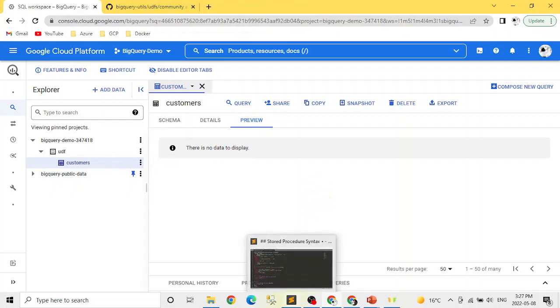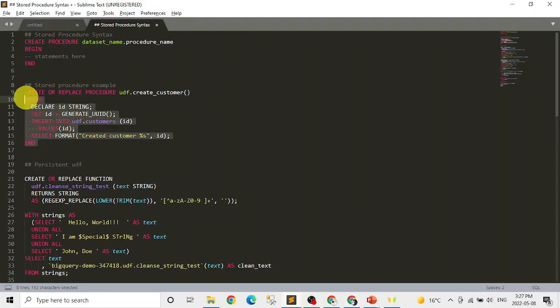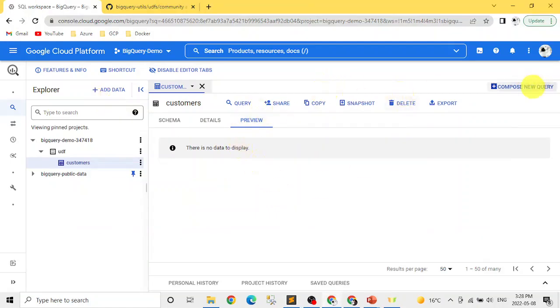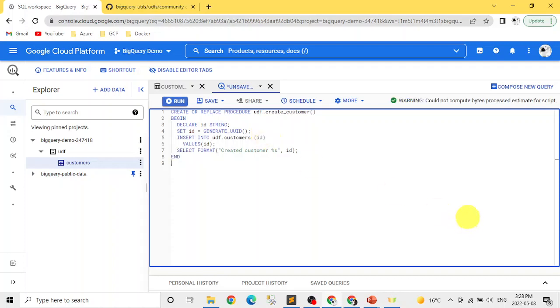I already have my query ready. Let me copy and paste it here. Go to a new composer and paste it. Okay, you can look at the screen here. As we mentioned, when we are creating a stored procedure, it starts with CREATE PROCEDURE. The best practice is to use CREATE OR REPLACE, because if there is an existing stored procedure, you can override it. So you can see CREATE OR REPLACE PROCEDURE, then the name of the procedure. Here the name of the procedure is create_customer. And in the BEGIN and END,